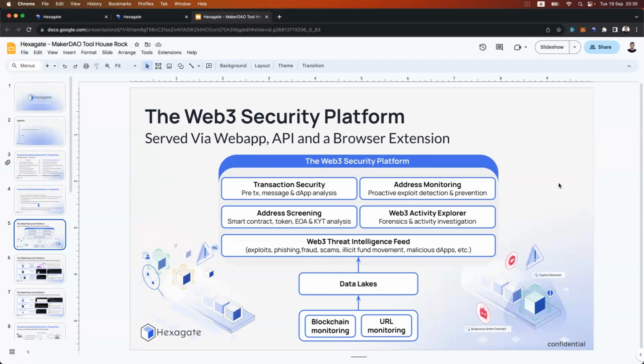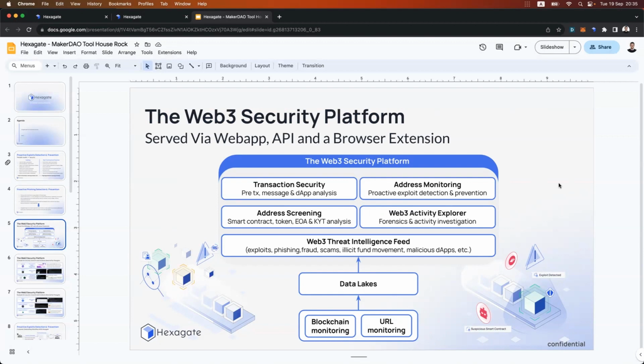And we create what we call our security data lake, which eventually powers our threat intelligence feed, which covers all of this. The way it covers all of these kinds of threats is that we have models that detect each and every kind of threat that we just talked about.